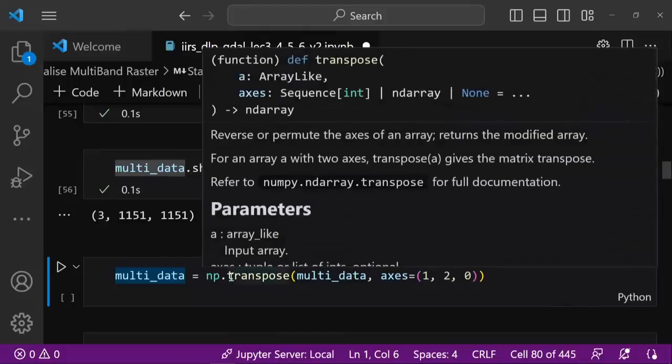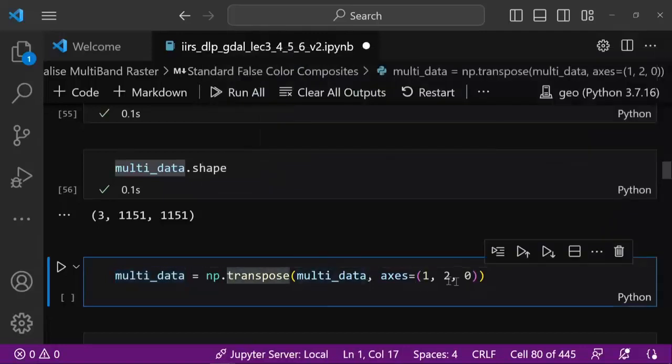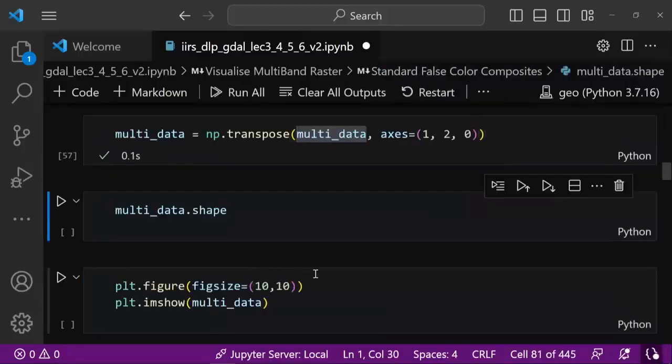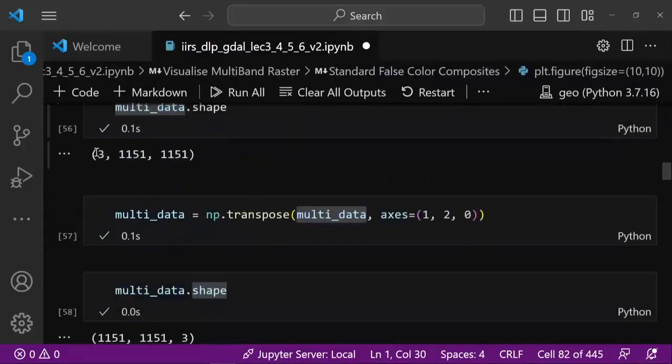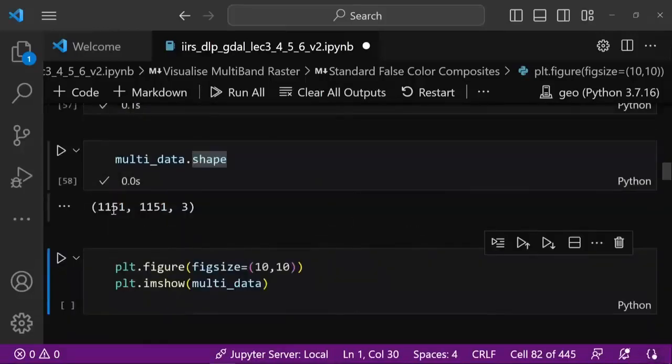What np.transpose does is permute the axes of the data. So here we are swapping the axes of the data: in the 0th axis we are getting 1, and in the second axis 1 and 0. So this channel number we are shifting to the last. Here if I see multi-data, then if you see the shape of the data, initially the shape was 3 by 151 by 151. Now it is in the shape 151 by 151 by 3. So now suppose I visualize this,